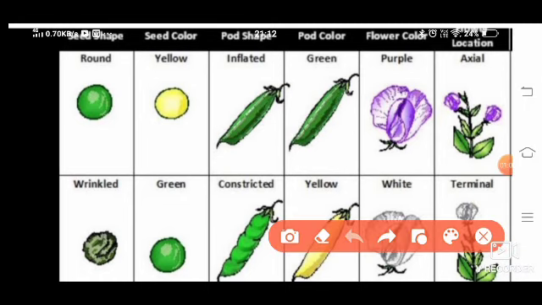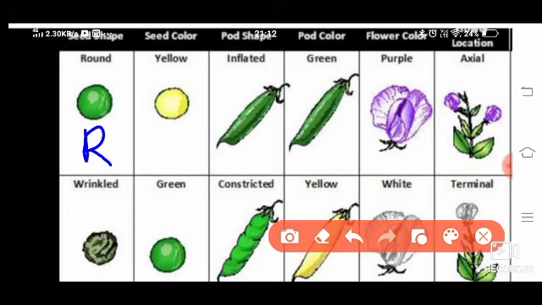So the symbol for round is capital R. Please write it down, because if you understand this, then you can understand that table. Why? Because these are dominant traits. First, the upper ones are all dominant traits, and down you have recessive traits. Dominant, I have told you what it means: it will exist if recessive is there or if another dominant is there. The trait of dominant is the only one existing in the result.